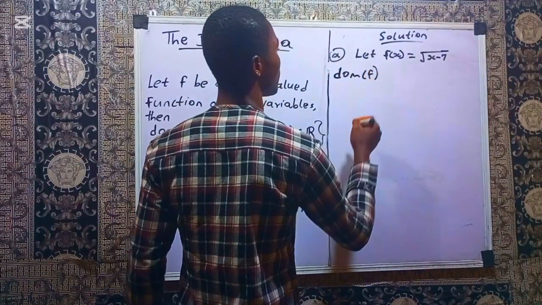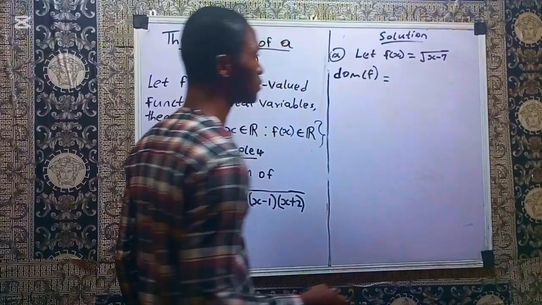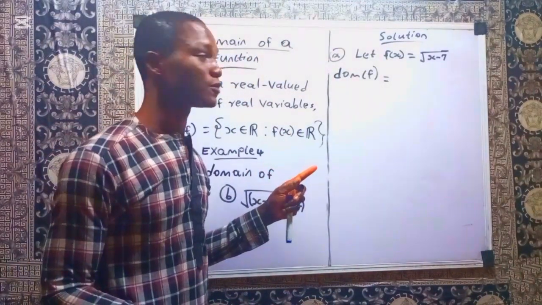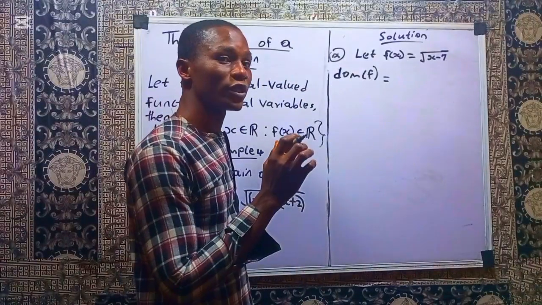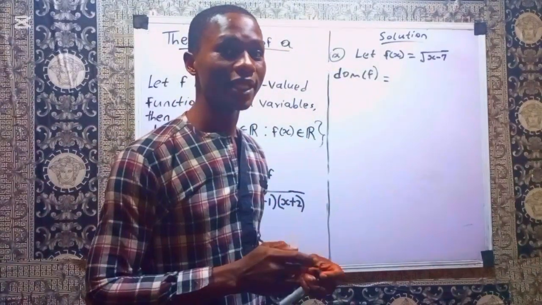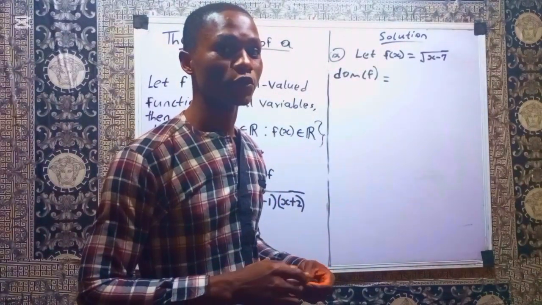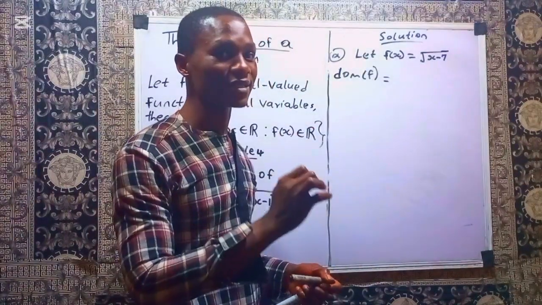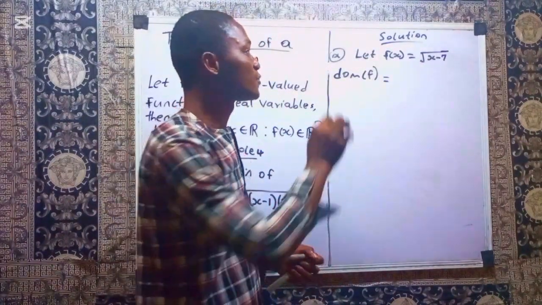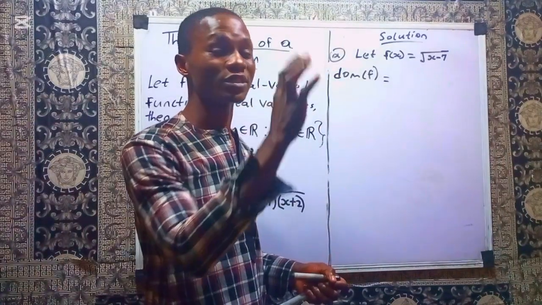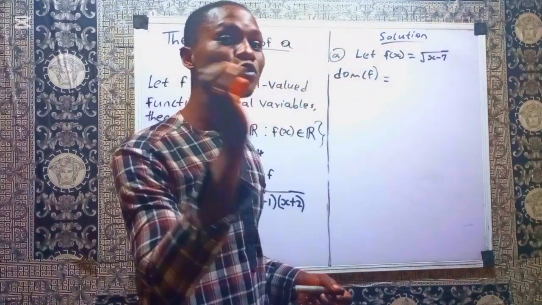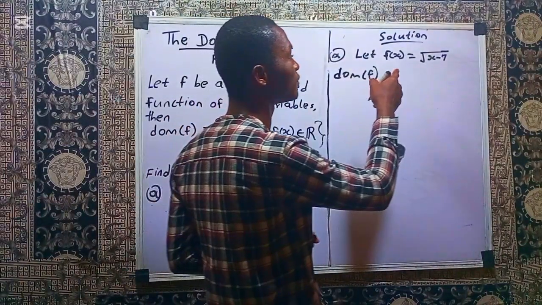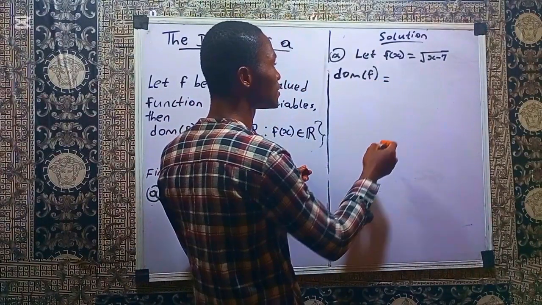of f will be, you know that this is a square root, right? We don't have square root of negative numbers as a real number. So for this square root to be defined as a real number, what is inside the square root should be positive or 0. So it means that the domain of this function will be the set of all